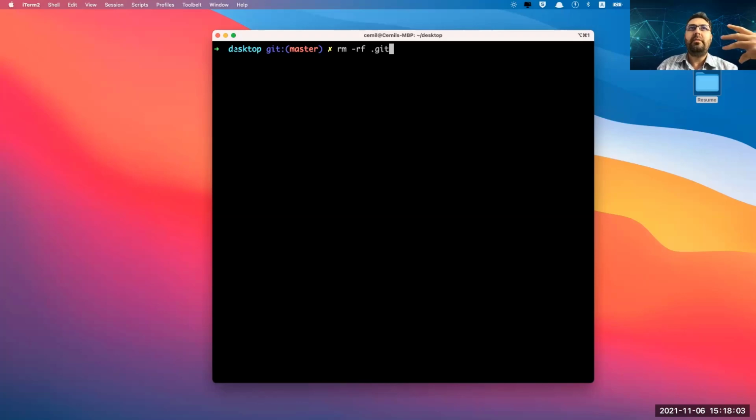So if you see that on your desktop, just run this command and it will remove it. If it is your home folder, if you see that Git master, just remove it. Only the folders that have a project on them, like resume and new project, should be a Git repo.